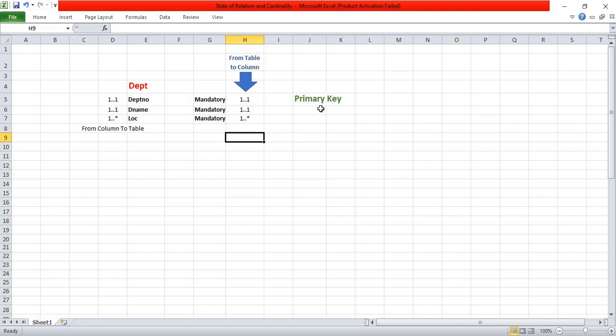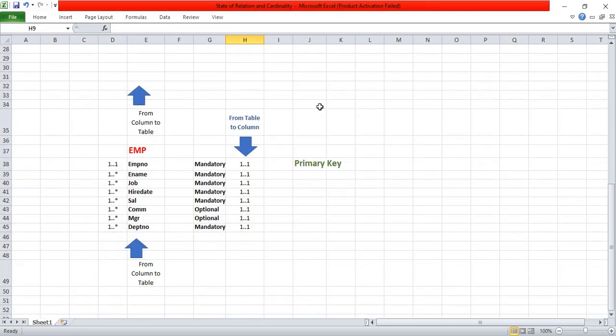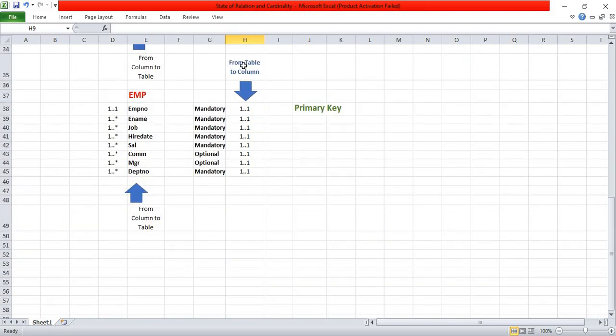Okay, I'm showing the solution for EMP. Now this is the solution for EMP. When it is one to one on both sides, we selected only that one. We have only one column which is one to one on both sides, so we have selected that as primary key, and all the rest are one to many, and by mandatory these should be one to one, otherwise normalization should happen. And for state of relation, only commission and MGR are optional. For the rest, it is mandatory.